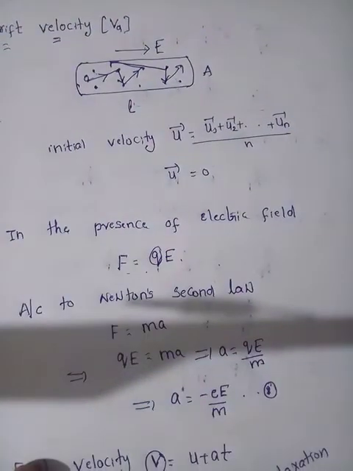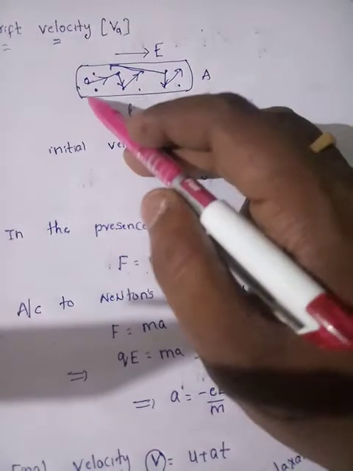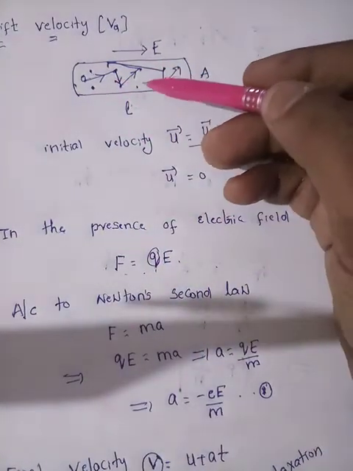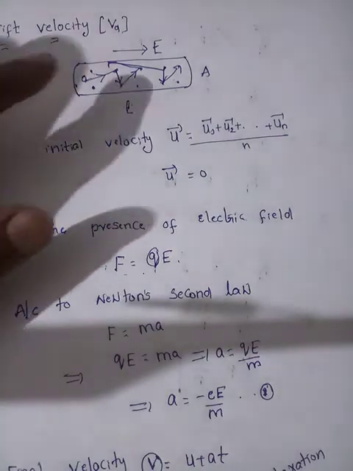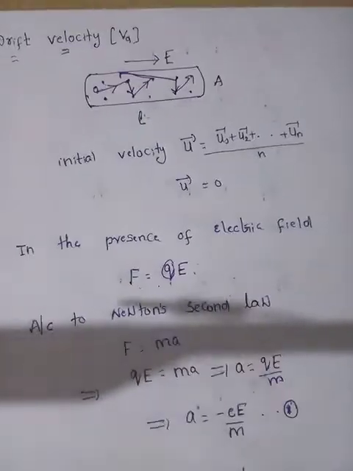So what is relaxation time? See here, when you give an electric field, the electron is going to strike another electron or a metal ion, right? So it keeps on colliding, because if there are more electrons, the electrons keep on colliding with the others. So the time gap between two successive collisions of electron and metal ions is called what? Relaxation time.